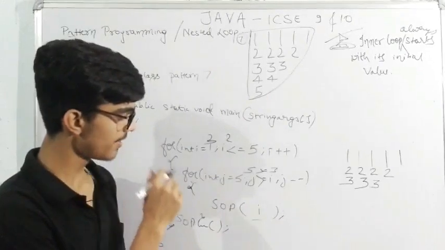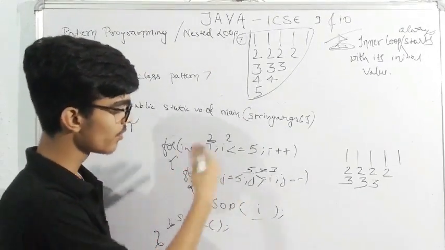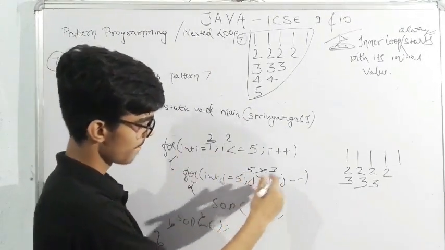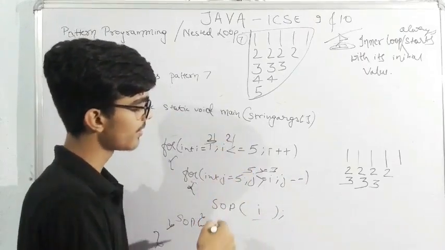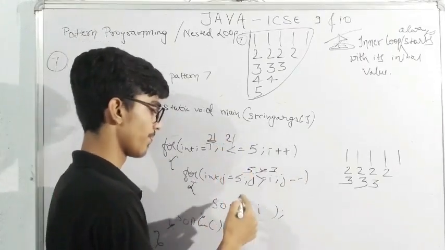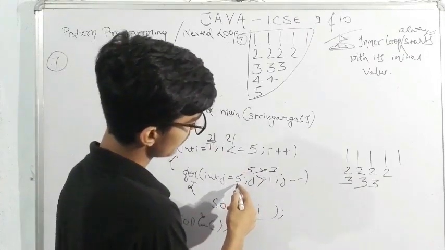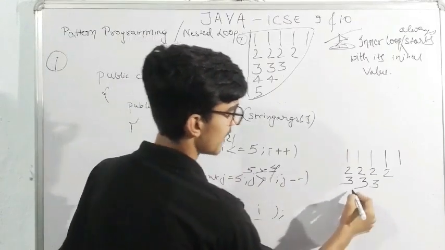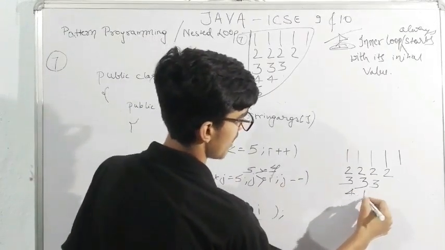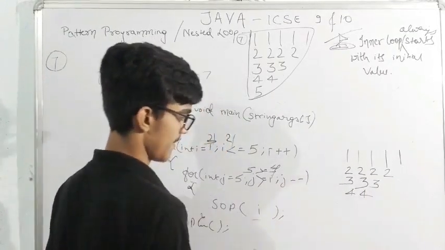Now we'll see again how it works. So again it will become 4. Now 4 is less than 5, yes. J is 5. 5 is more than 4? Yes, 4. And again 4.